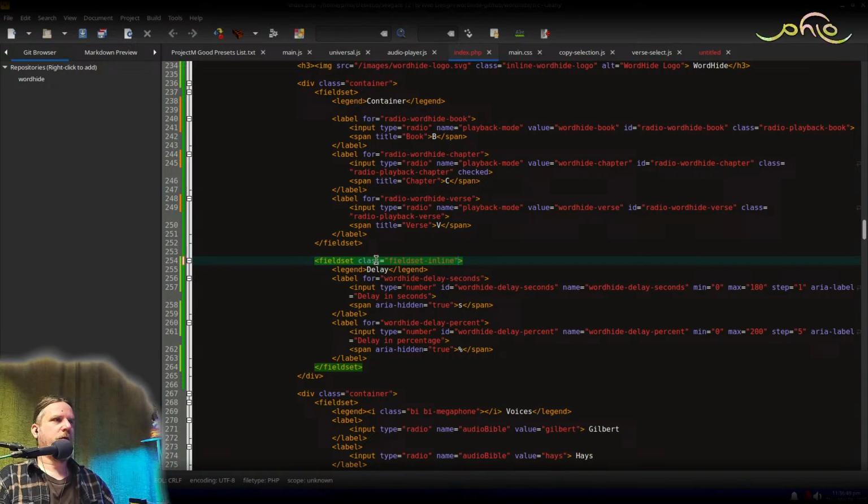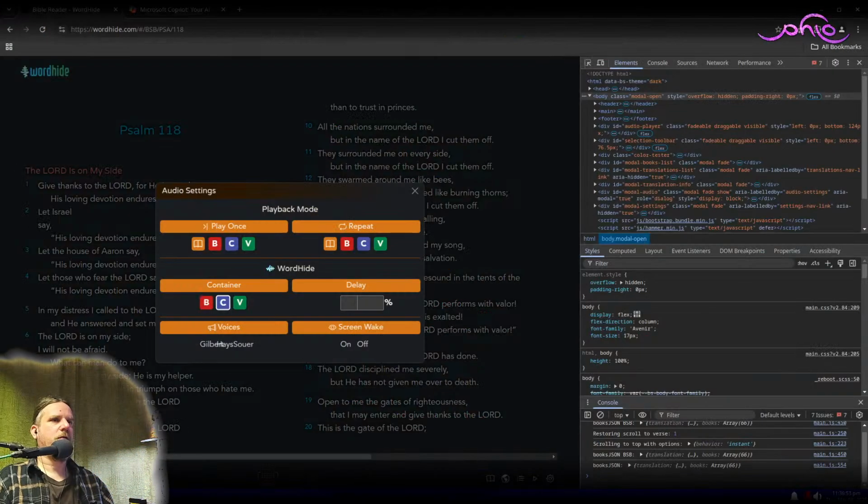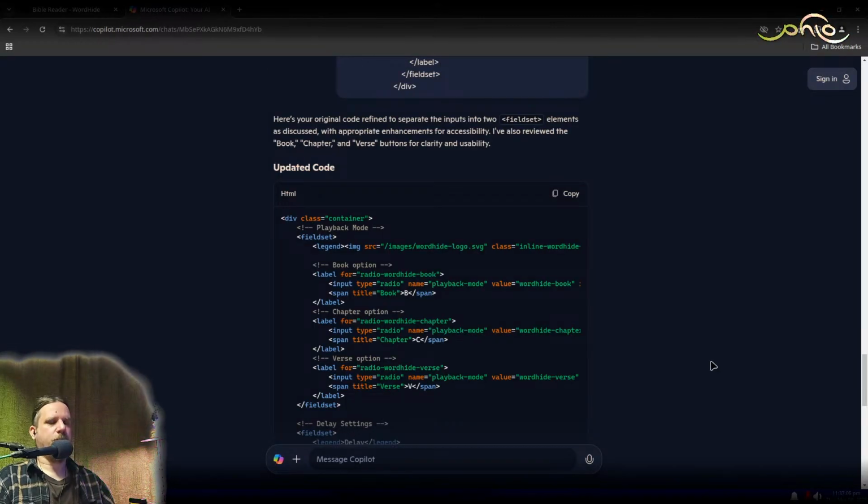So as long as I make this one styled so it drops underneath the heading of the other one, I think that would be okay. Oh, one thing I could ask is, can you have nested field sets?